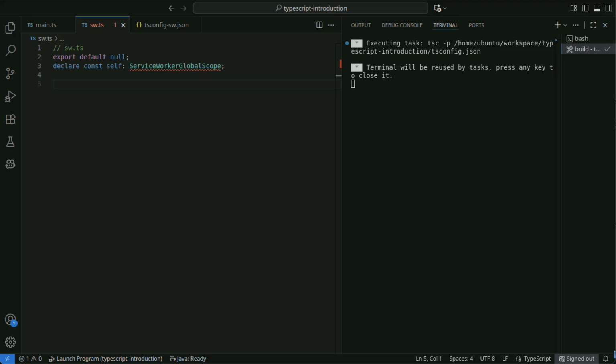It demonstrates simple cache version management, pre-caching on install, deleting old caches on activate, and cache strategies on fetch, cache first for static assets, network first for APIs.